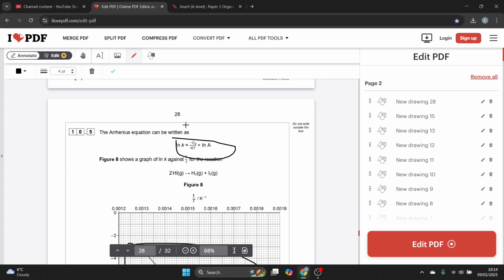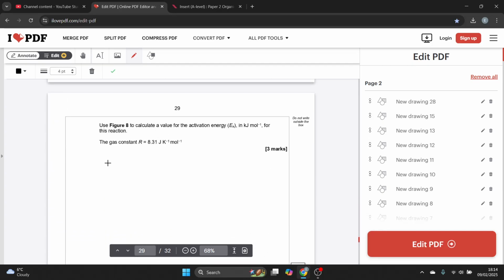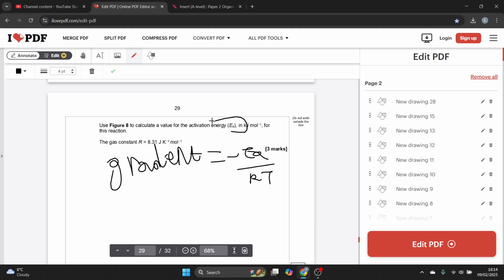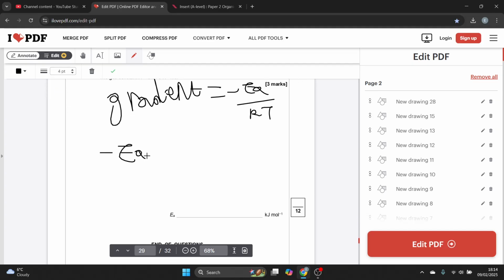But in this part, it's a straight line, y equals mx plus c. Compare it to that: y is ln k, and the gradient is minus E over RT. I want to find out EA, therefore minus EA equals gradient